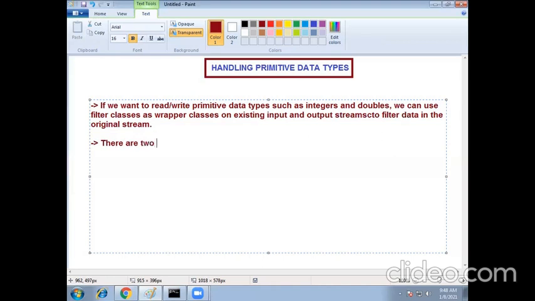There are two filter classes. One is DataInputStream and the second one is DataOutputStream.